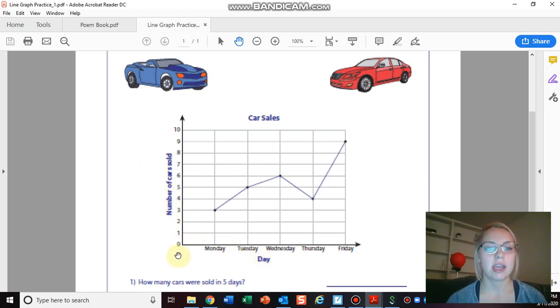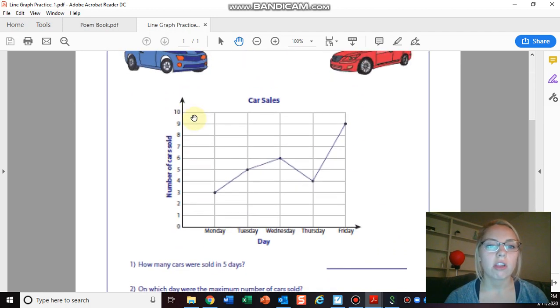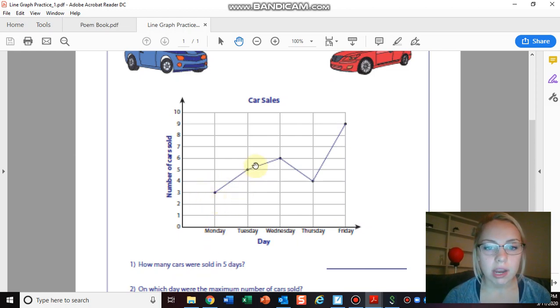So here it has the numbers 0, 1, 2, 3, 4, 5, 6, 7, 8, 9, 10 cars sold. So how many from a scale of 0 to 10 sold on each day. And then along the y-axis it says number of cars sold. Along the x-axis it says the day of the week, so Monday, Tuesday, Wednesday, Thursday, Friday. And then these points that I'm circling right here with my highlighter show the numbers of cars that were sold